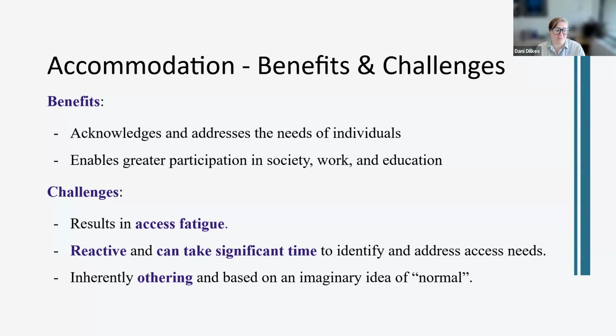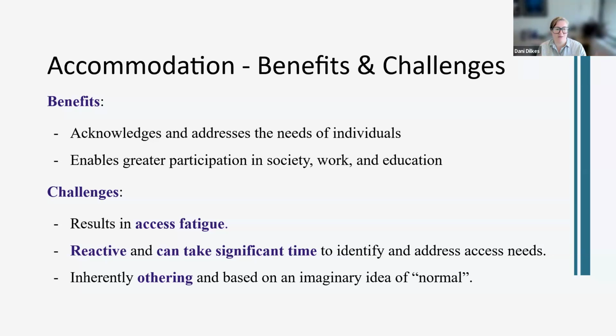Accommodation, especially in higher education spaces, is very reactive, and it can take significant time to navigate accommodation processes. I sit on a number of committees at my institution related to accessibility, including the group that deals with course materials and making them more accessible. They've said that quite often, to get an accessible copy of a course text or a copy translated into Braille, it can be two or three months into a four-month course before students have access to those materials. So you can imagine that the equitable ability for those students to engage in learning is greatly impeded because these processes are so time consuming.